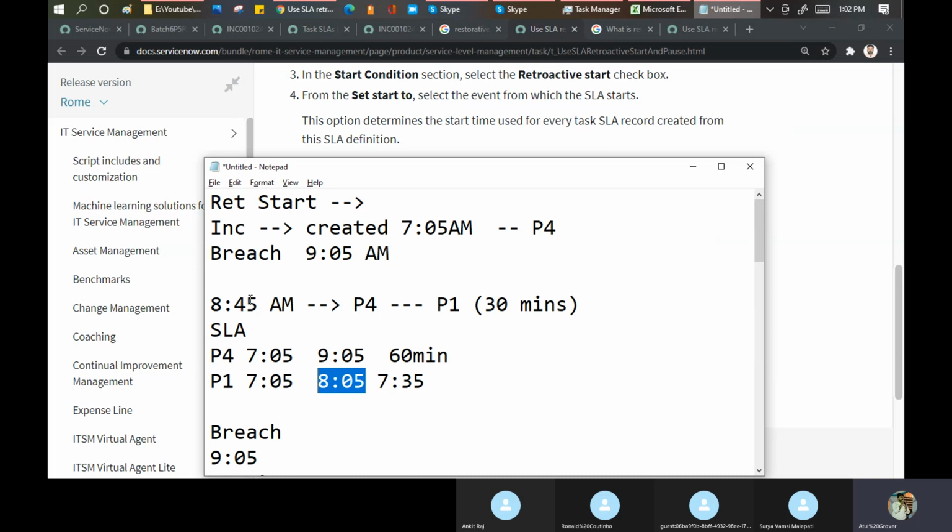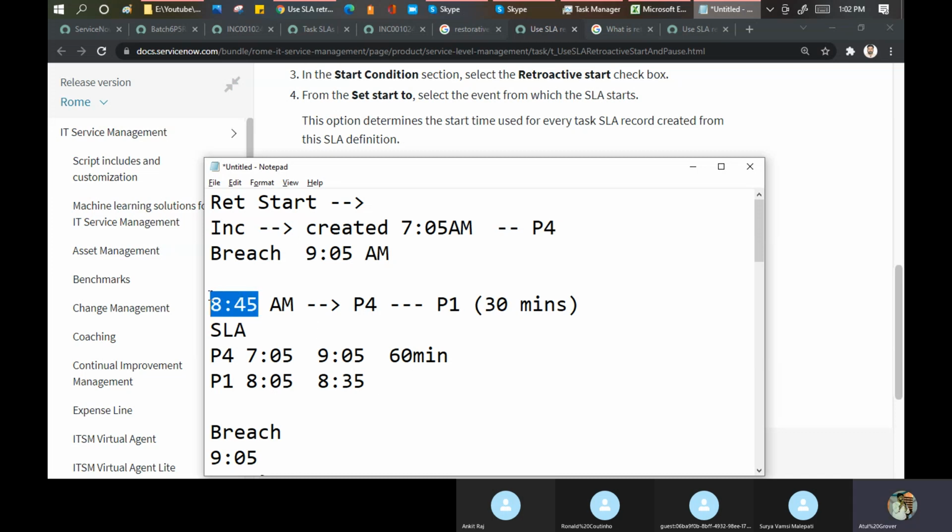So if you change the priority at this time, it is not breaching, it will breach at 8:05 only, क्योंकि अब आपका टाइमिंग यहाँ से बढ़ गया है. Or you pick up the created time as 8:05 and then 8:35 will be the breach time. Anyway, you can do it this way at your end.